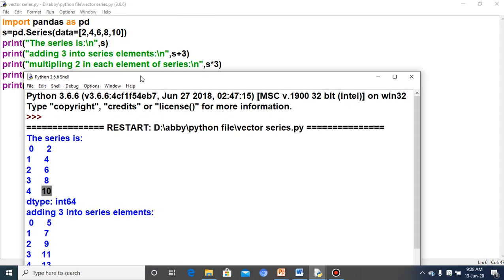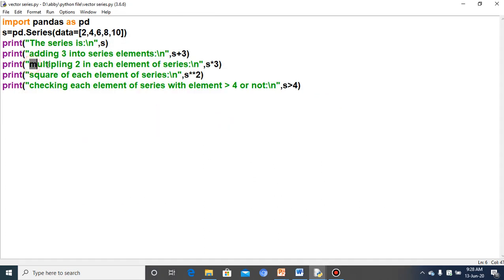Next you see multiplying 2 in each element of the series, meaning individual elements of the series will be multiplied by 3. S into 3, where S is the series, and into 3 means each element. So 2 into 3 is 6, 4 into 3 is 12, 6 into 3 is 18, and so on.